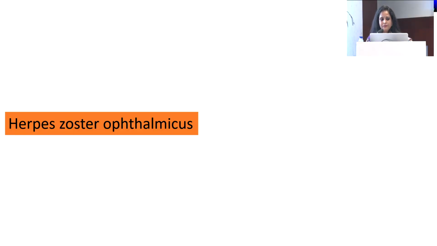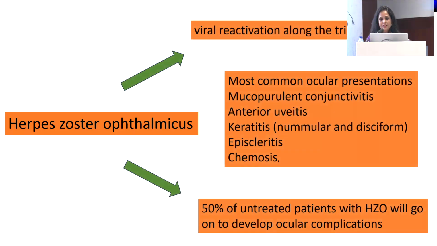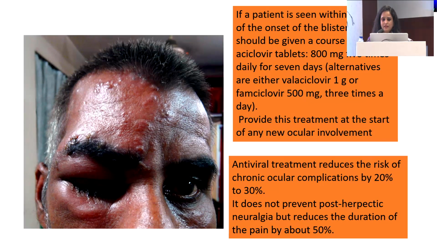The next is herpes zoster ophthalmicus. This is due to viral reactivation along the trigeminal nerve, and we have to remember that 50% of untreated patients will go on to develop ocular complications. These are the most common types of presentations: conjunctivitis, uveitis, keratitis, episcleritis and chemosis. So when we see a patient within 72 hours, always start with 800 mg acyclovir tablet 5